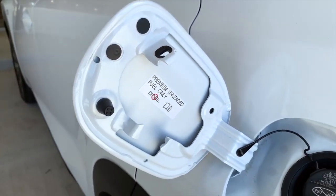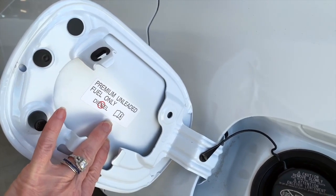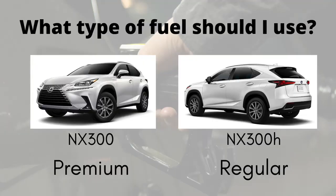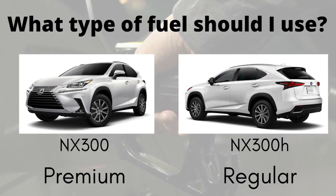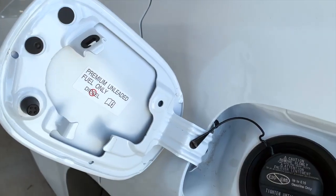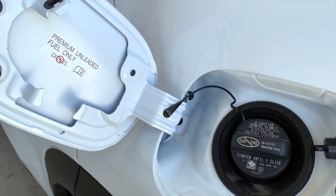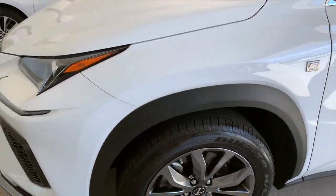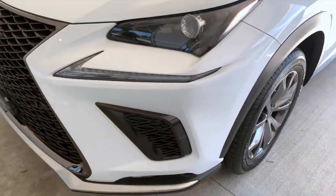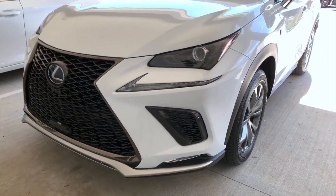Now, while we have the fuel door open, make sure to note what kind of fuel is recommended for your vehicle. Now, the NX has a turbocharged engine, and it is premium only. So just make sure that you're using the correct fuel for your Lexus to get the best performance that you possibly can. Always important to note that on different style vehicles, for example, with the F-Sport version of an NX,